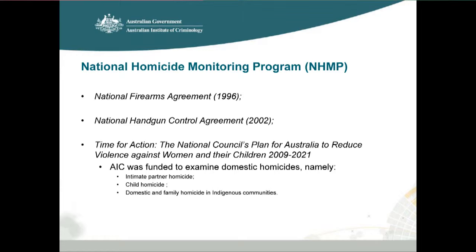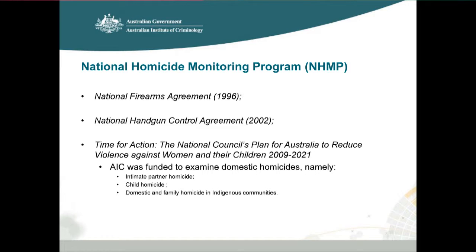And finally, before I wrap up, I just wanted to say that there's always a question about how relevant is homicide in Australia. In 2007-08, there were 260. You compare that to America. Of course, I don't know the number off the top of my head, but it pales into insignificance, the number of homicides that occur in America, not just in terms of number, but in terms of the rate of homicide. So the question is, well, how relevant is it for the AIC to be monitoring homicides, and why should we be doing it?